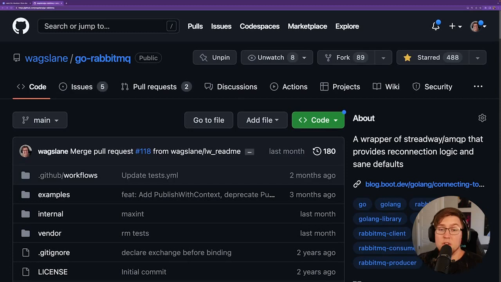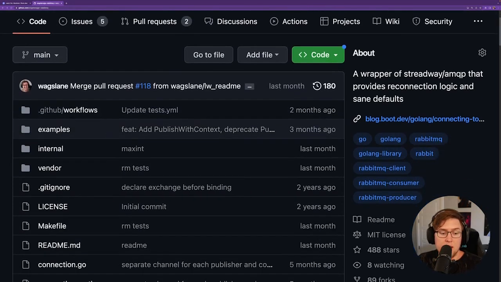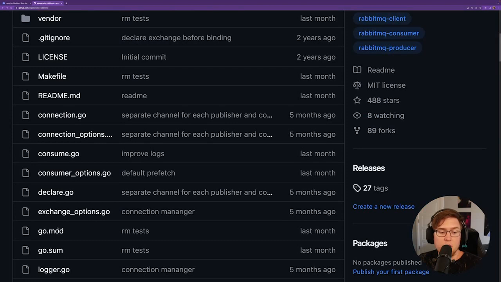So this is a library module and a library package. It's intended for other developers to actually import this code into their applications. It's not a standalone, main package. So let's take a look at the file structure. At the very root of the repository, we have the go.mod